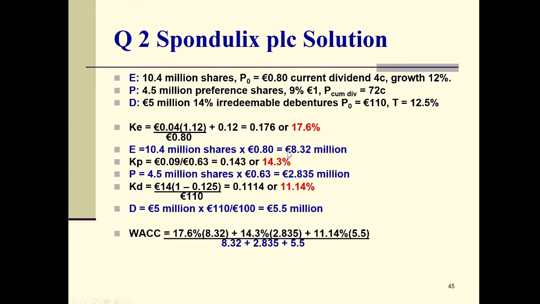They're like coordinates. You take the 8.32 and the 17.6, you just multiply those guys. Forget the percentage there if you want. And the same thing here, you have a 14.3 and a 2.835. You have a 5.5 and an 11.14. So they're all just multiplied as a bunch of old numbers on top. Below the line is the sum of the weights, 8.32, 2.835, and 5.5. Now, when you get the answer, obviously it's between the 17.6 and the 11, but the weights pull it in different directions. So when you do get the answer, and believe me, this is up on Moodle for you, you'll